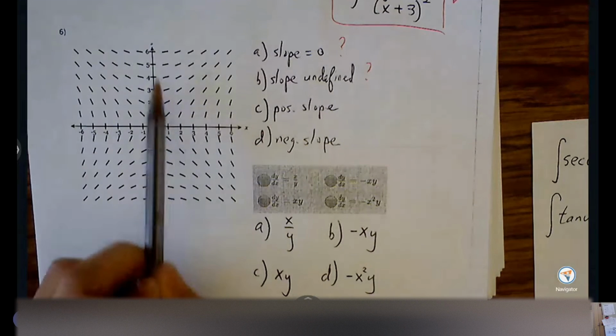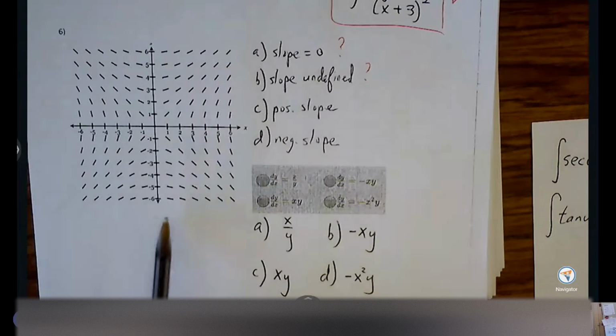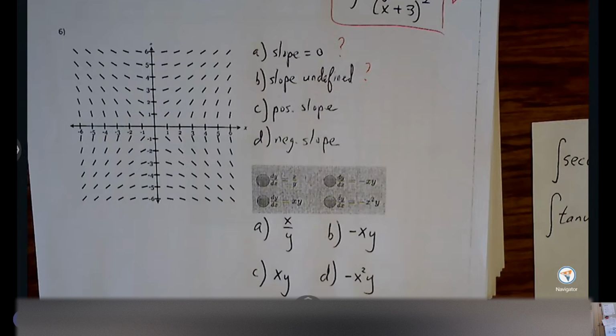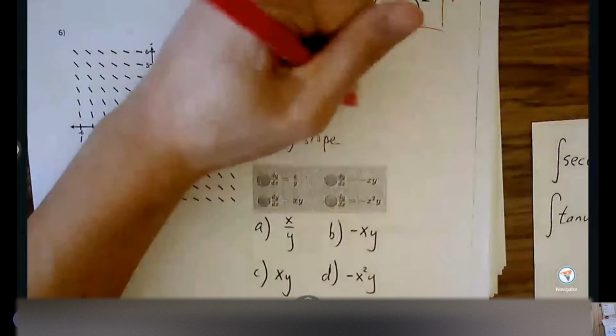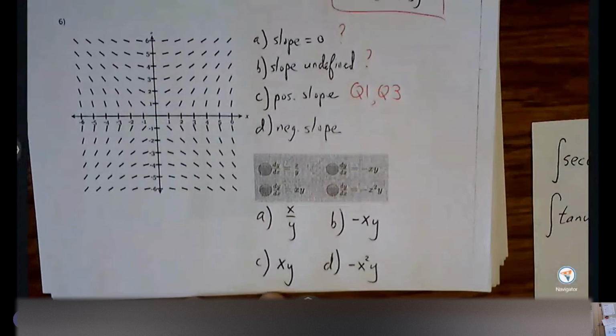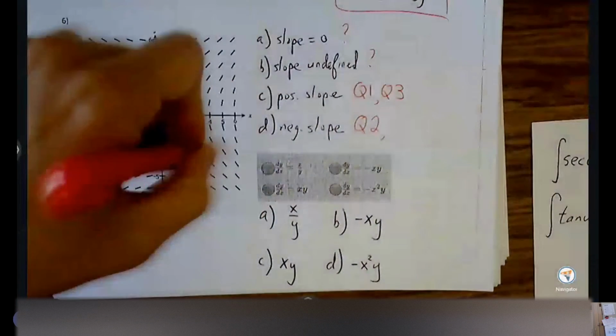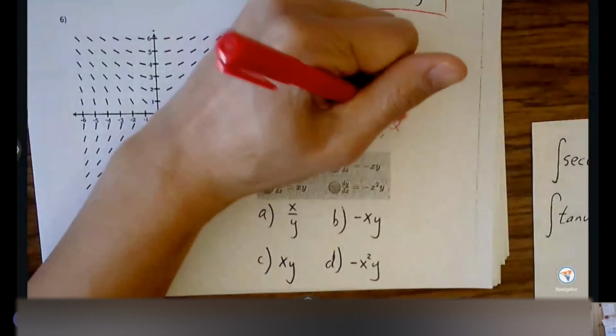especially when we don't see any slope undefined or slope zeros where we can clearly see them. If it's along the x and y axis, we have to be careful, because sometimes it's not displaying what we would like to see. Okay, what about positive slopes? Quadrant 1 and quadrant 3. Okay, how about negative slopes? 2 and 4. Okay, so we may have to make some more detailed observations about positive and negative slopes, but